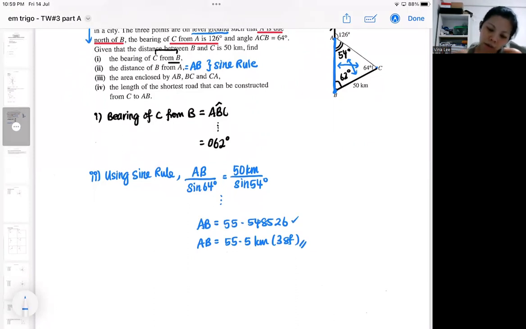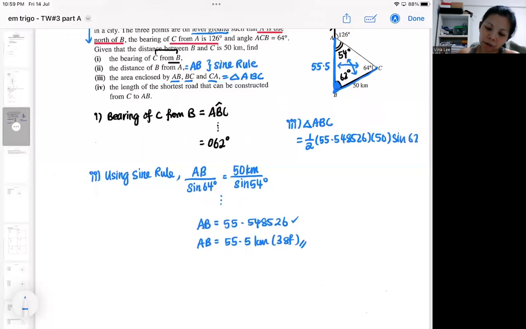Okay, the next one, the area that is bounded by this is essentially just a triangle. So it will be quite easy for you to apply the area of a triangle. You've got to look for two lengths and an included angle. So you've got the 55.5, and you've got the 50 kilometers here. So apparently you should be using those two numbers and 62 degrees. However, please do take note, do not use 55.5. Use the more accurate version